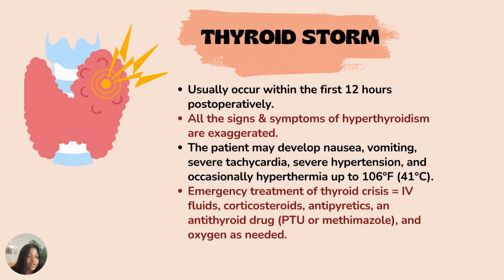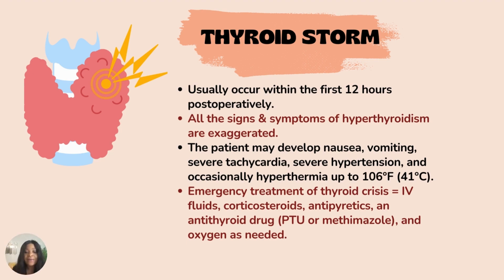Really, what we can do is just treat the symptoms, watch the patient, and wait for all that excessive thyroid in the system to just die down. So we give IV fluids, we give corticosteroids, we give antipyretics for the fever, and we give anti-thyroid medication, so your PTU or your methimazole, to reduce the thyroid hormone that has been released into the system. And if needed, we're going to give oxygen to make sure this patient keeps breathing. All right. So those are the complications that can happen due to a thyroidectomy when we're trying to treat someone with